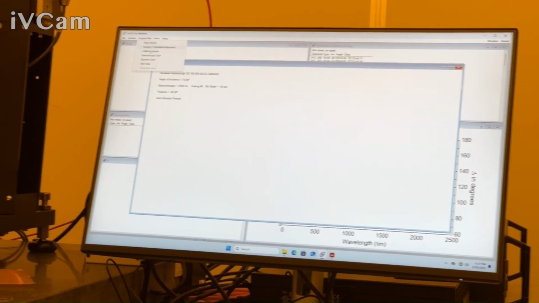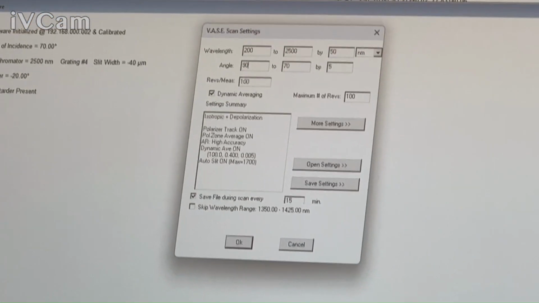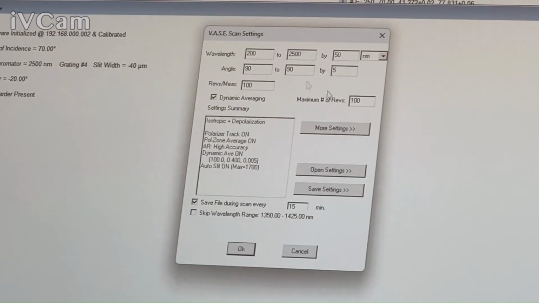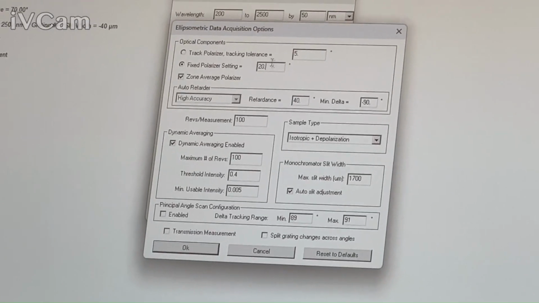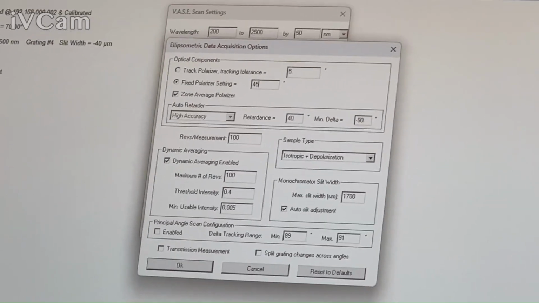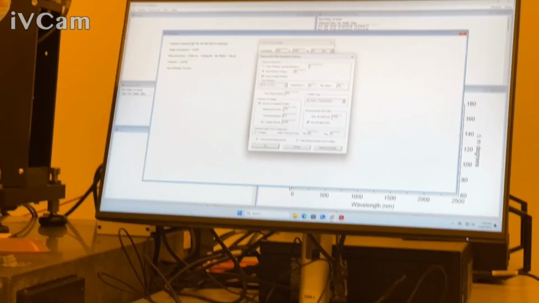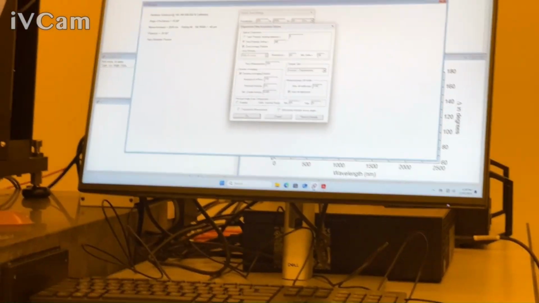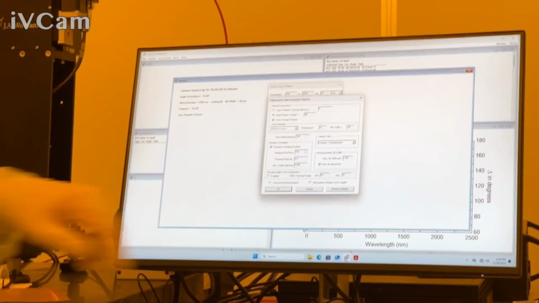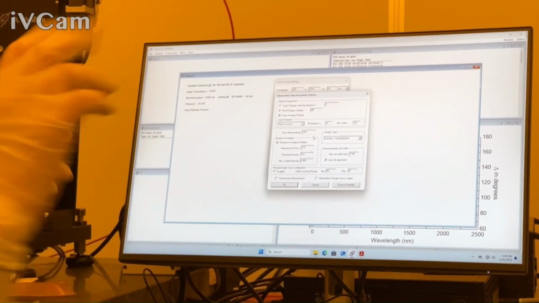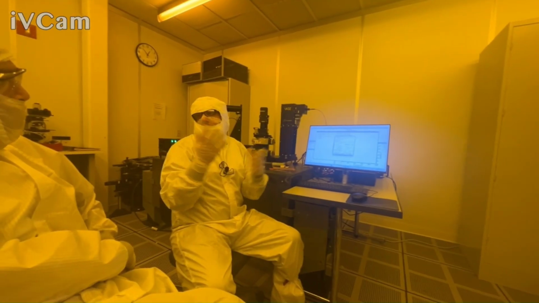So we're going to acquire data, spectroscopic scan. The things I'm going to change: I'm going to do 90 to 90, and the only other thing I care about is a fixed polarizer in this case at 45. Why are we doing the air scan again? So I can see how the quality of the air looks, because it's the initial setup. If air doesn't look like air, then I've got other problems. The MSE on the calibration wafer looks great, but I can check the calibration wafer and I can check air. The air is my only true known. Air should be